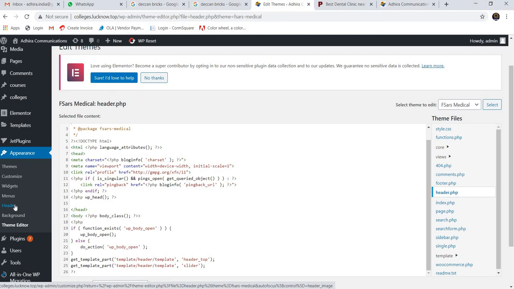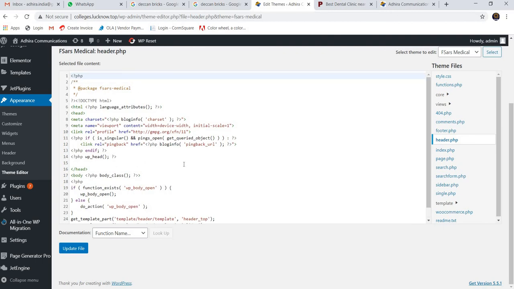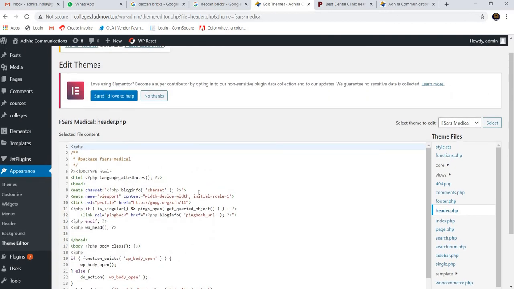Here we can see the options and go through them. Background, if we want to select a background image, we can come here, click background, then make changes to the background. And theme editor is where we can change code if we have good knowledge of CSS or HTML or PHP. Okay, thank you.